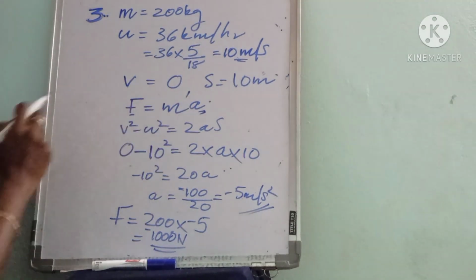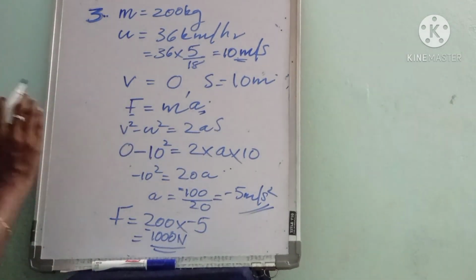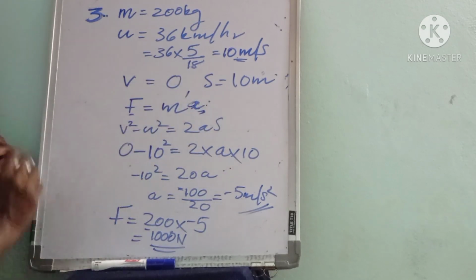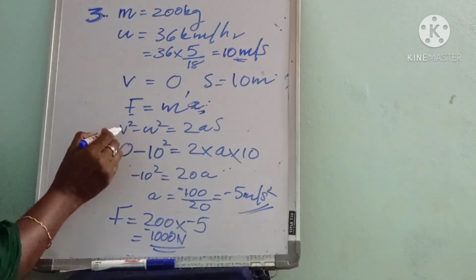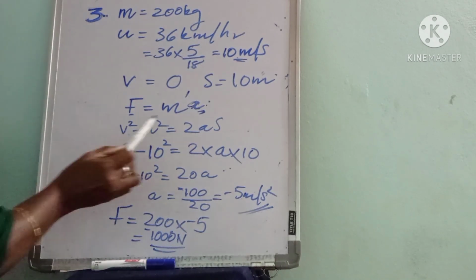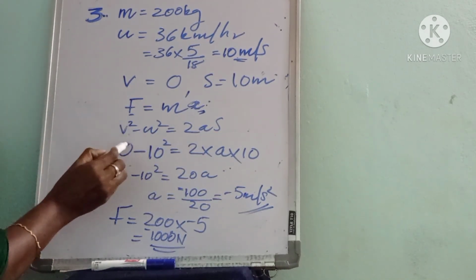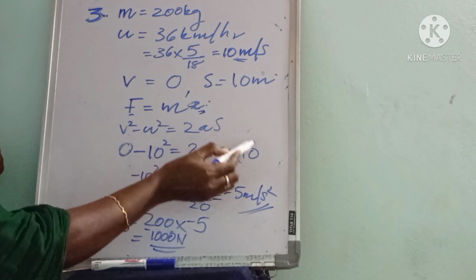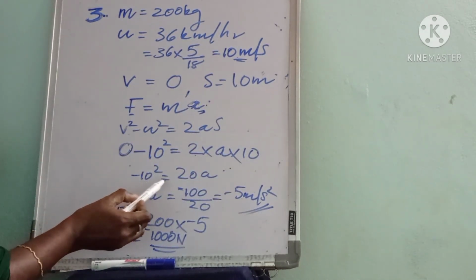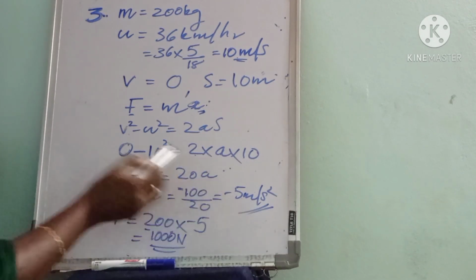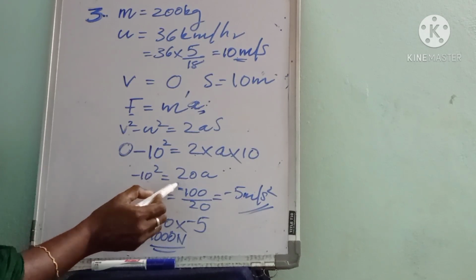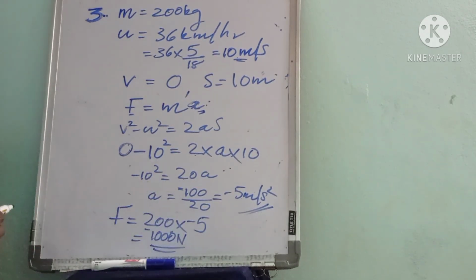Next we have to find the retarding force. So all of you know the equation for force, F equal to ma. But in the question acceleration is not given. So first we have to calculate what? Acceleration. For that we consider this relation, v square minus u square equal to 2as. Then final velocity is 0. So 0 minus u square, that is 10 square, equal to 2 into a into s, s is 10. So minus 10 square equal to 2 into 10, that is 20a. From this acceleration a is equal to minus 100, that is 10 square is 100. So minus 100 divided by 20 will give minus 5 meter per second square.